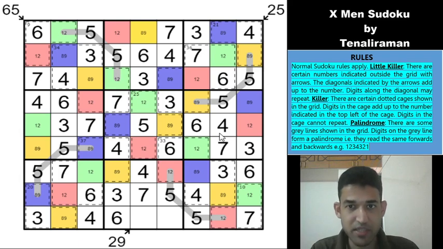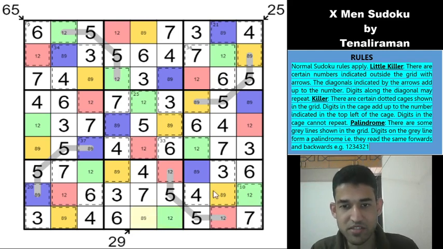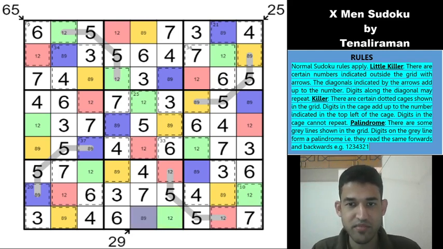So I hope I have not messed up the coloring, because then that would lead to an incorrect solution. So these two cells would have to be put, so this would have to be 1 and 2, and that becomes a green. And this would have to be 8 and 9, and that becomes a blue. So we are in for a treat now at the end, guys.